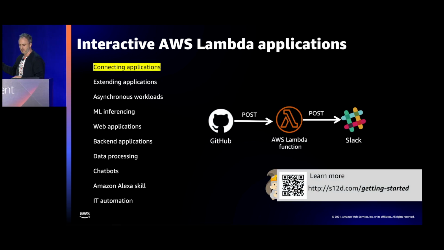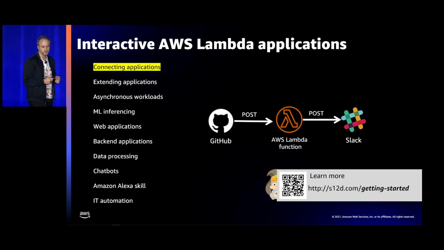So first, we'll start with this very simple example web app. This is basically an app that uses a webhook, and it connects GitHub to Slack. The way it works is that whenever you star a repository in GitHub, it will use GitHub's webhook mechanism to send a payload, a JSON payload, to a Lambda function. That Lambda function will perform some kind of transform, some compute on that inbound payload, and then it will send on to a Slack channel to notify you that you have a new star on your repository.